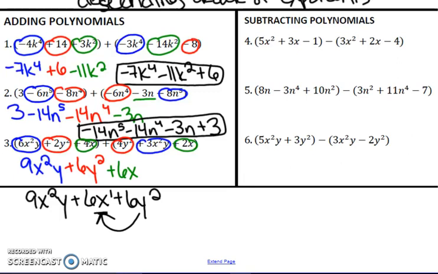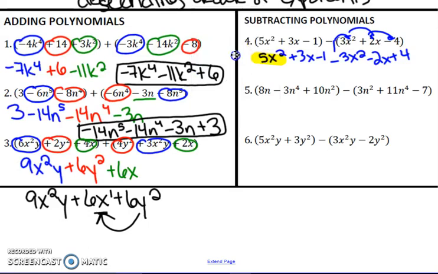Now, when we talk about subtracting, again, we still want it to be alphabetical order and descending. But what we need to keep in mind is this subtraction symbol is like distributing a -1 to all my terms. So now I have 5x squared plus 3x minus 1 minus 3x squared minus 2x plus 4. So now when I combine my like terms, and I'm going to use a highlighter so I don't run out of room,